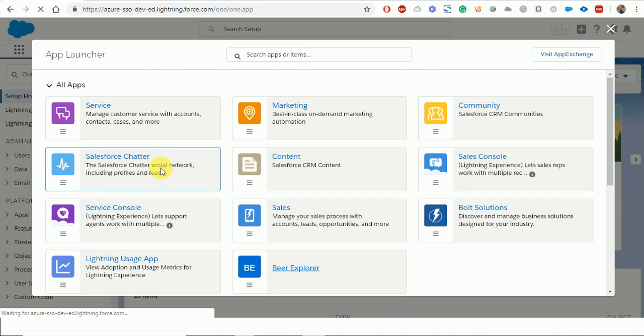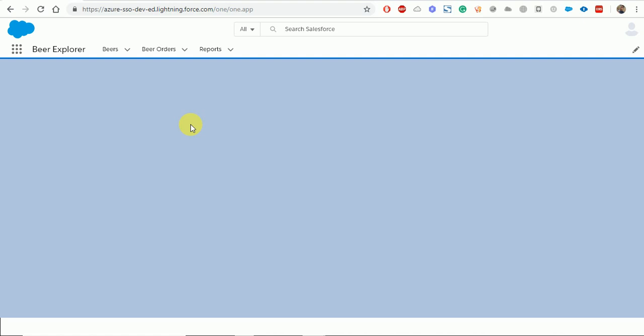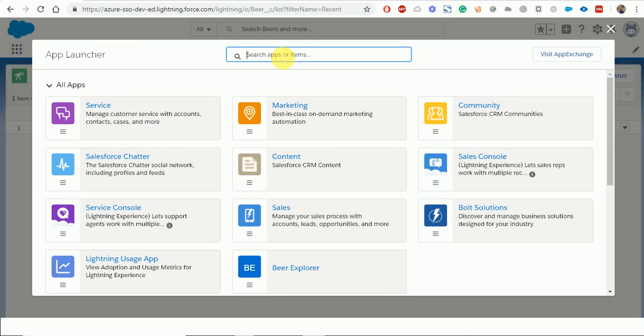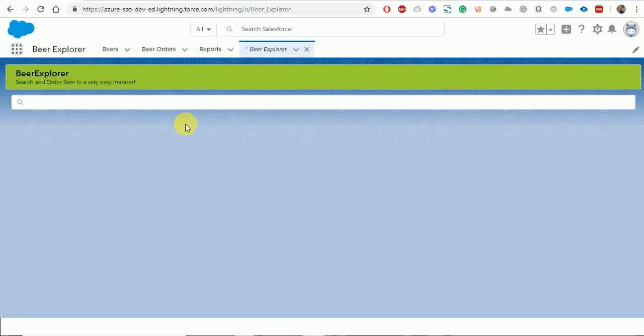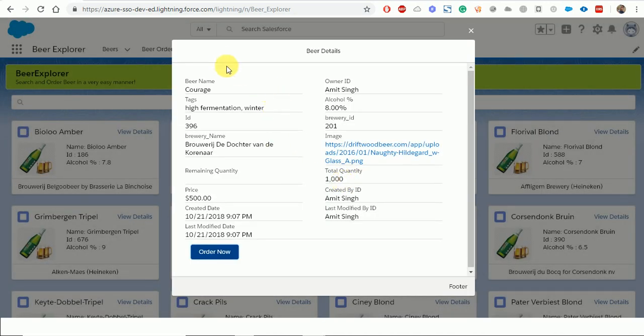Select BeerExplorer, we are not able to add that. Click on view detail. Now you can see we are able to see the beer details here